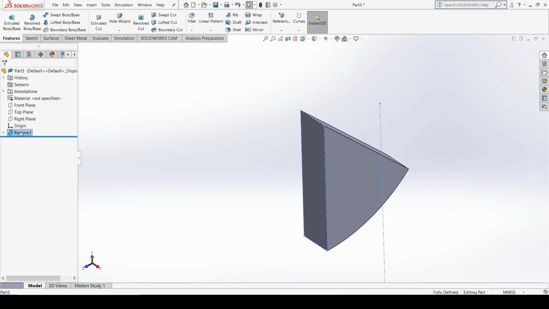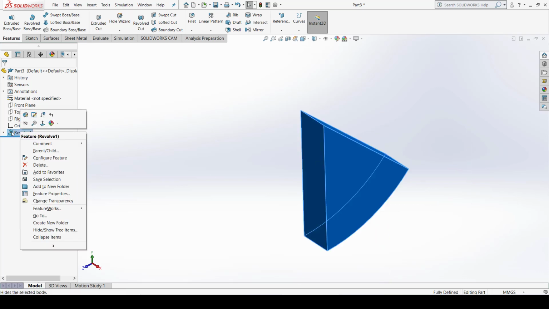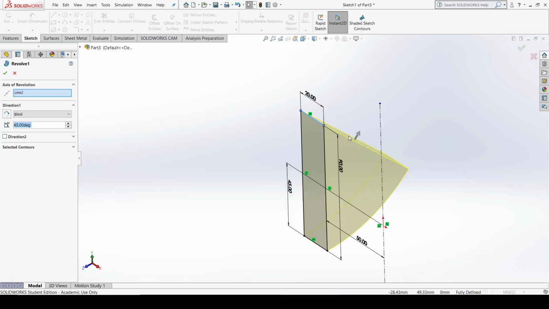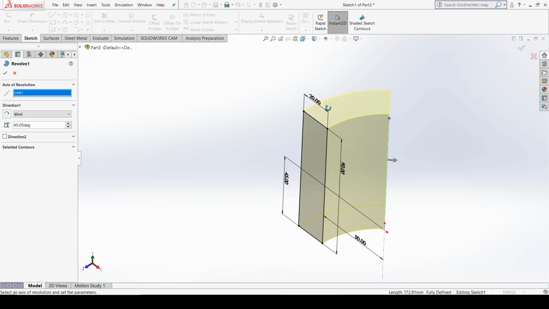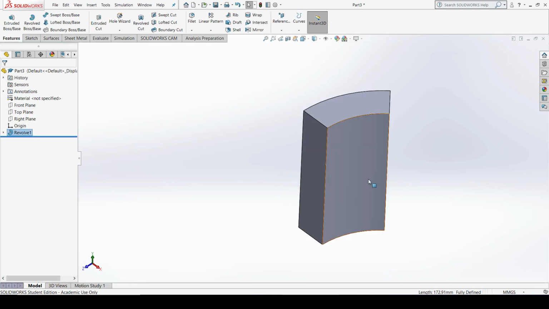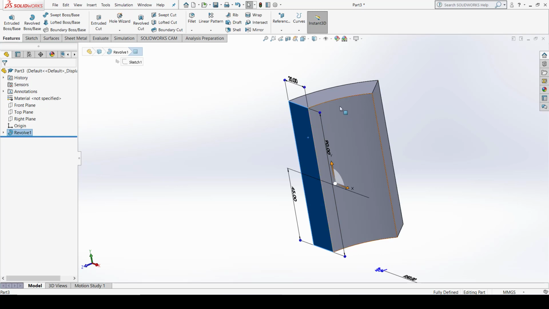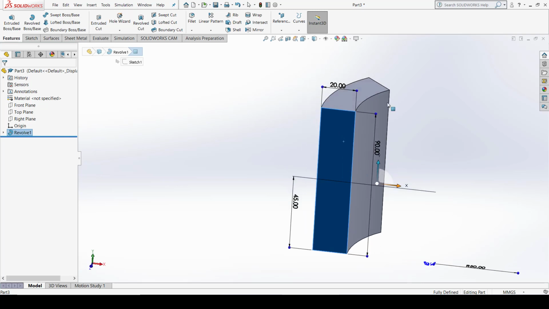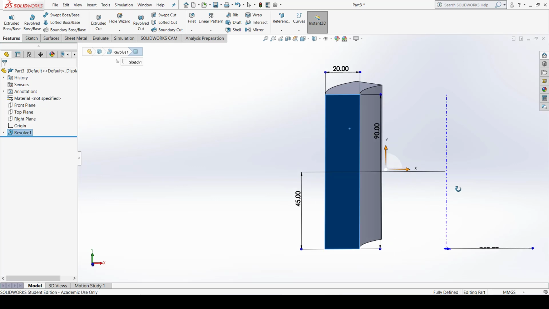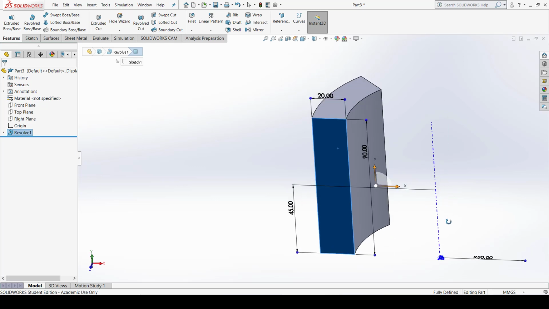If you want to change the axis, you go to revolve, right click and click on edit feature parameter here, and you can see I select this as a revolution axis. If I click OK here, see what happens now. Now this blue element revolves at an angle of 50 degree in the clockwise direction along the axis of rotation. Now the axis of rotation is not seen, but you can select here and see the axis of rotation. So this is how you can do revolve boss base.